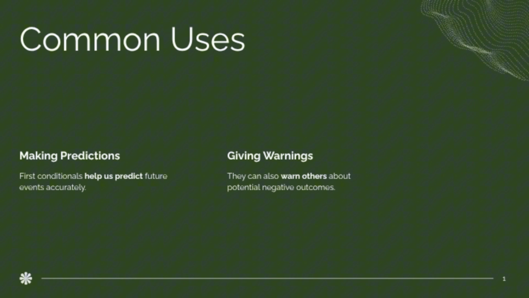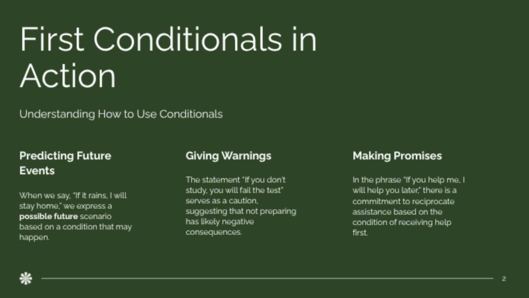Common uses, making predictions. First conditionals help us predict future events accurately, giving warnings. They can also warn others about potential negative outcomes. First conditionals in action. Understanding how to use conditionals. Predicting future events. When we say, if it rains,